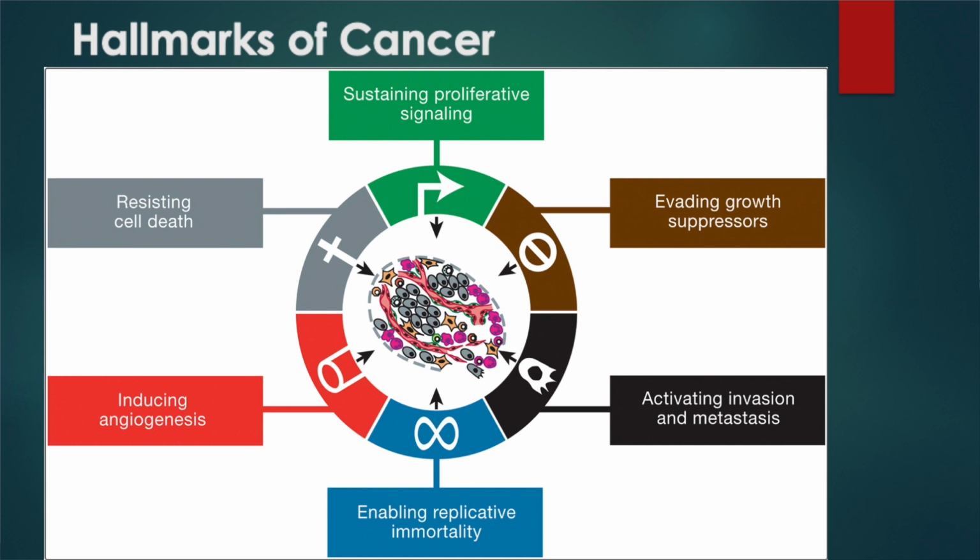So first we will see what are the hallmarks of cancer. Cancer cells divide uncontrollably because they resist cell death or apoptosis, and they have constant proliferative signals that are coming from the epithelial cells, and they evade growth suppressors, and also they activate invasion and metastasis. Then they are immortal, so there is something called replicative immortality. So these are some of the aspects that help the cancer cells survive.